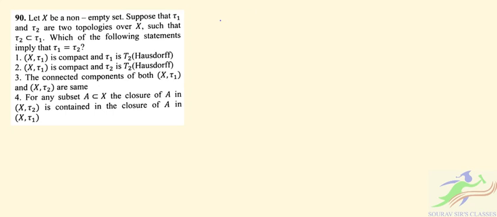Question 90. We are solving the June 2020 mathematical science paper. Question 90 says: let X be a non-empty set, and suppose that tau 1 and tau 2 are two topologies over X, such that tau 2 is a proper subset of tau 1. Which of the following statements imply that tau 1 is equal to tau 2? So this is our finding. We have tau 2 is a subset of tau 1,